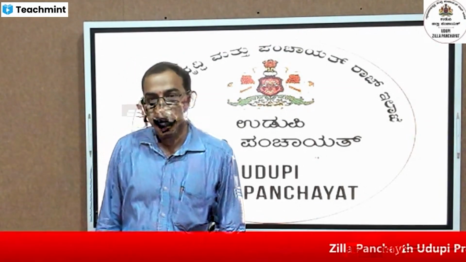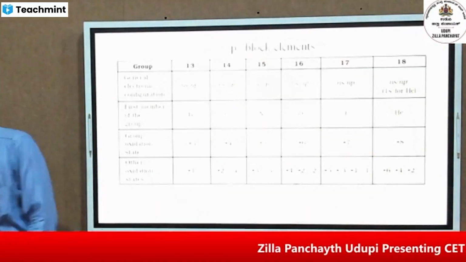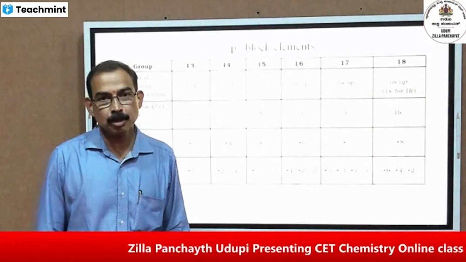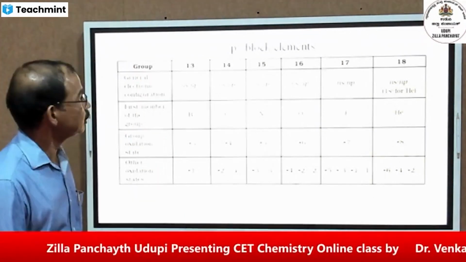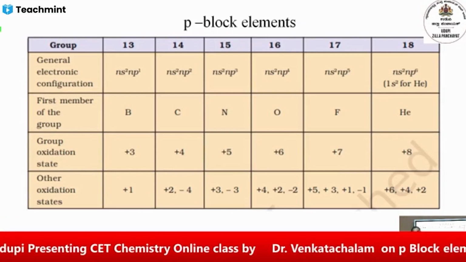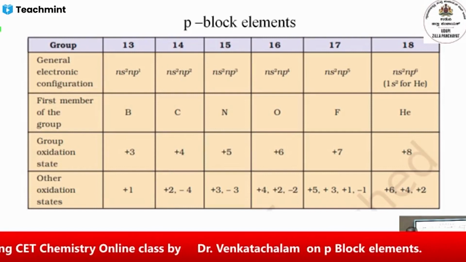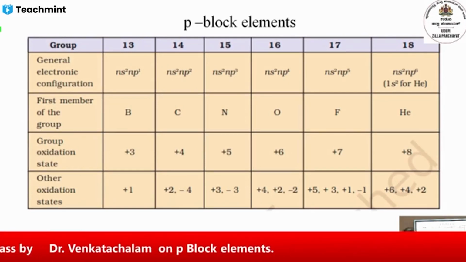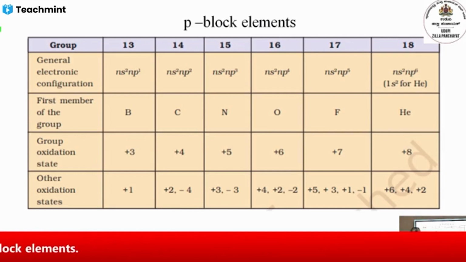Today we are going to discuss the topic that is P block elements. When we look into the P block elements, they are the elements where the last electron enters into the P orbitals. So they will have the general configuration ns2 np1 to 5. The outermost s orbital is completely filled, which starts with the 13th group member, and then 14th, 15th, 16th, 17th, 18th. They will come under the P block elements because the last electron enters into the